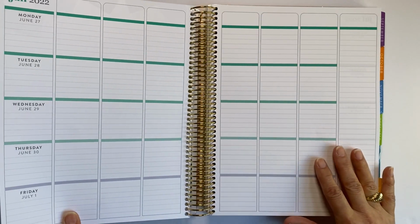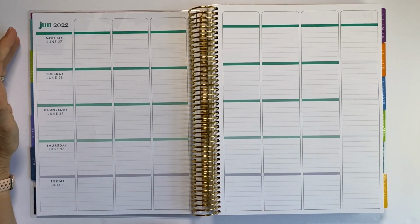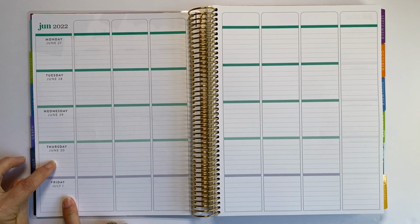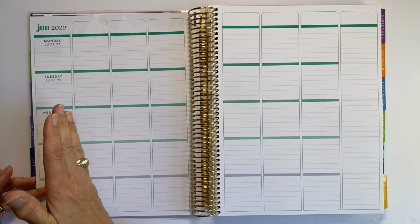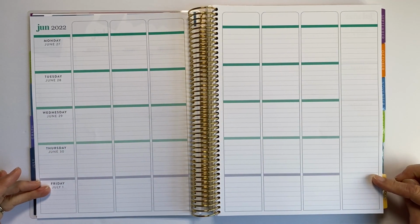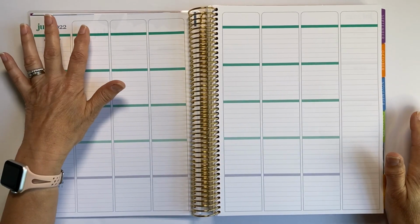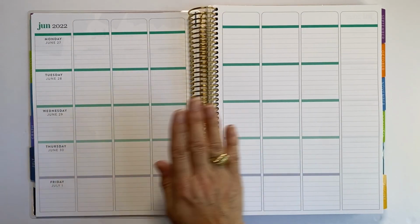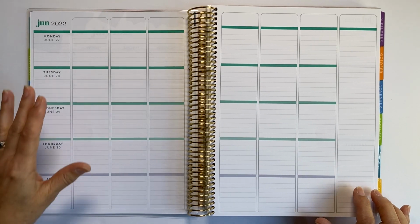And then you get into your weekly view. So since the first day in July is on a Friday, you do have some June here and the color of June. So you have Monday through Friday, and then you have 7 sections across the top. A lot of people use this as a notes section, but you could certainly section it off if you needed more room. Elementary, you can put subject headers here. Some people swap this around because they like this large view as a life planner, and they will put their